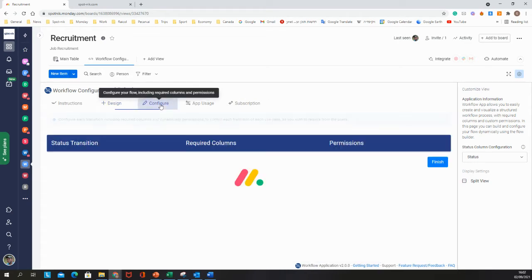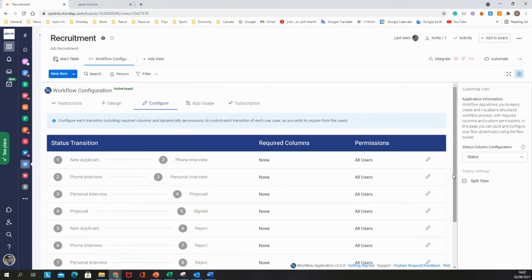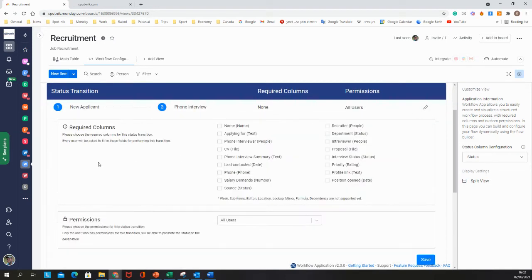Going to the Configuration tab, I can set for each step which column should be mandatory. In this case, when someone adds a new applicant, we have to add a CV file and select the phone interviewer, because in the next step, I will select that only the phone interviewer can be the person that will pass on to the next interview. In this step, I would like everybody to be able to add a new applicant, so I select all users